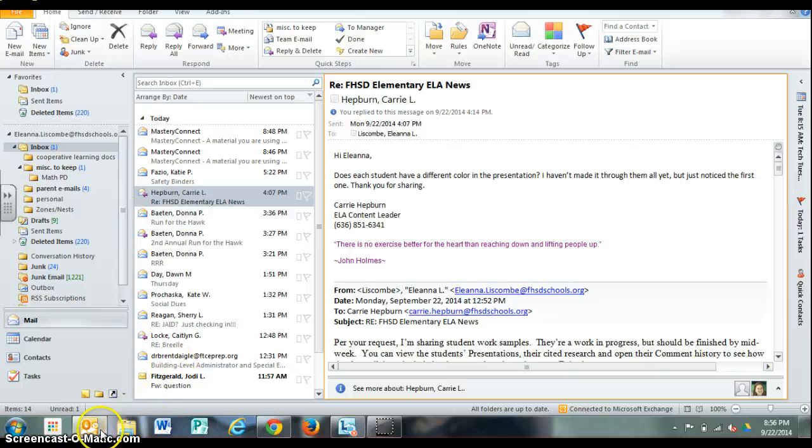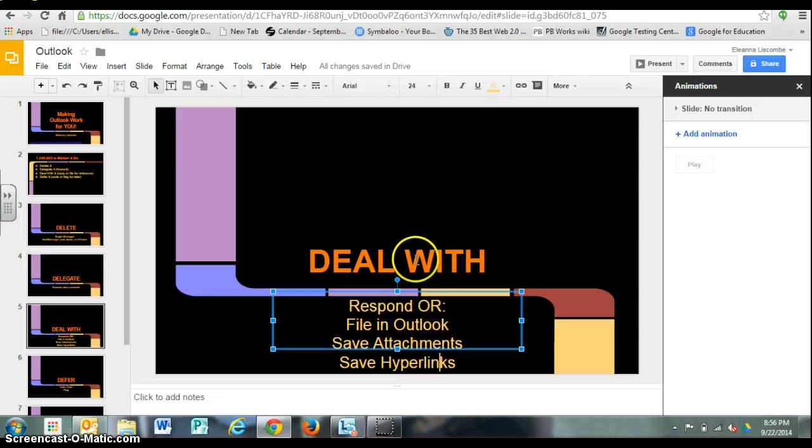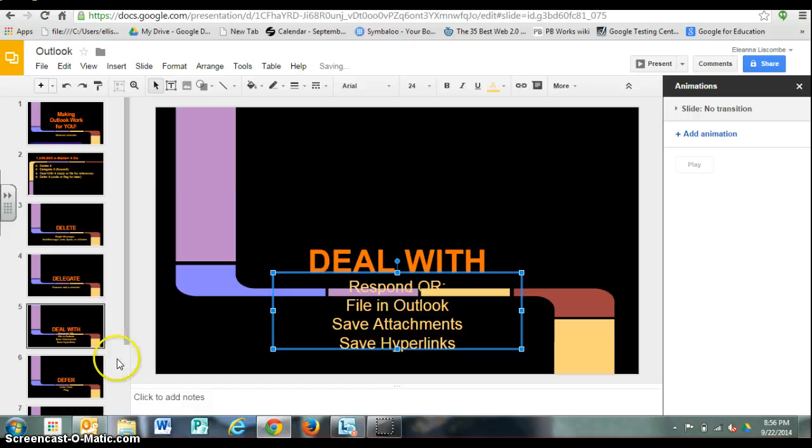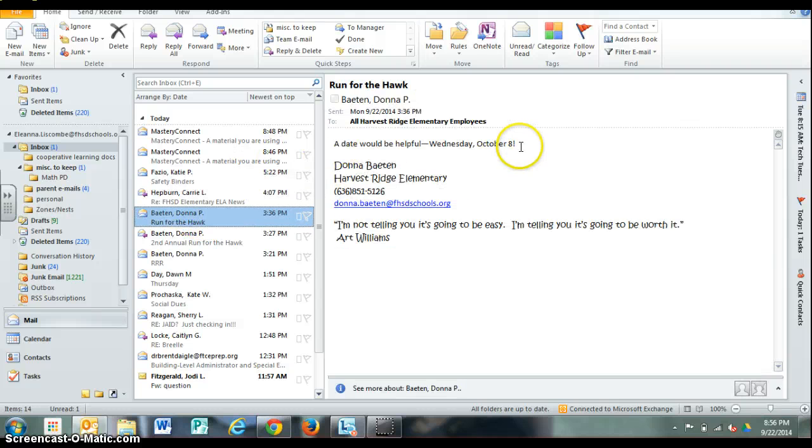And the final thing that we can do with these emails, after you maybe didn't want to file them in Outlook, you save the attachments, you save the hyperlinks, is you can put them on your calendar. So I use my Outlook calendar quite a bit, and the way I do that would be, for example, Miss Baton, her run for the Hawk, Wednesday, October 8th. I don't want to have to refer back to my emails to remind myself when that is. I don't happen to use a paper calendar anymore, nor do I want to pull out my personal calendar and put it on there. So this little icon over